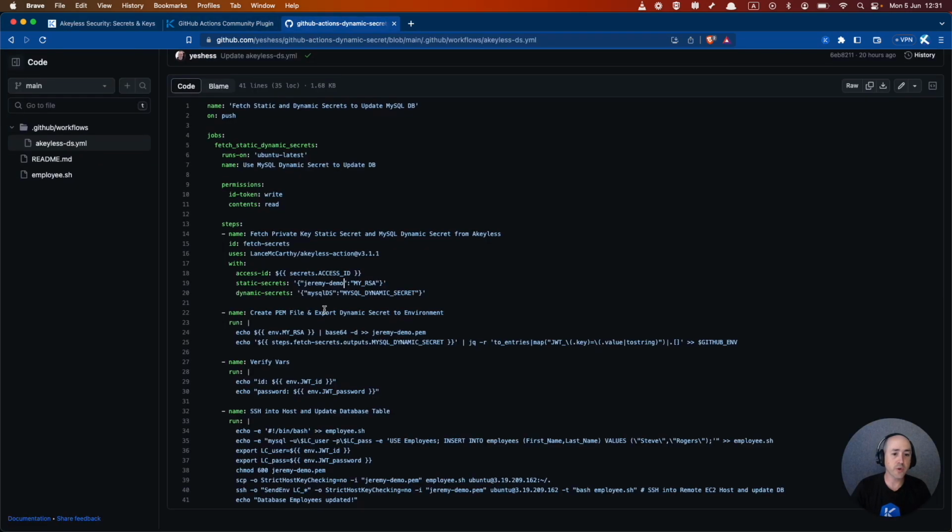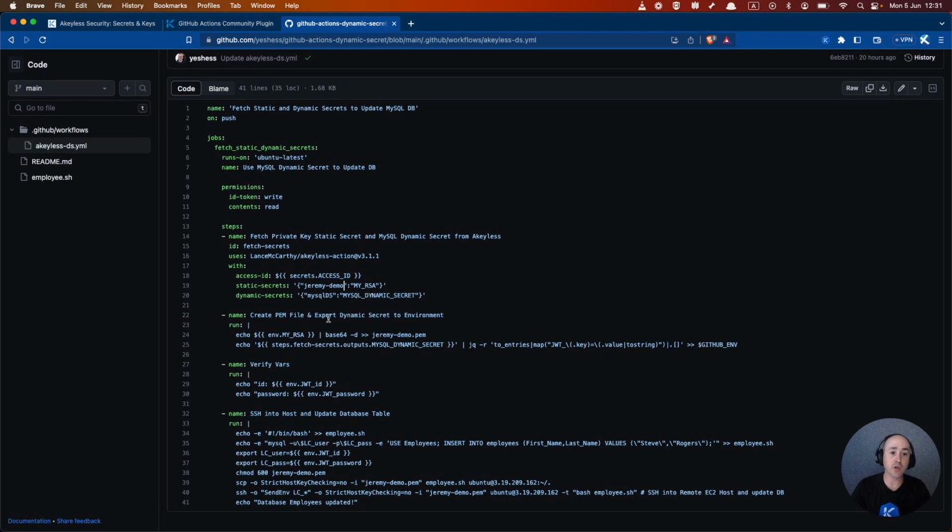So what we're doing is grabbing those two, and then we're going to use them to run the workflow. Here I am using the RSA key, that secret, decoding it with base64 decode, and putting it into a PEM file in order for us to SSH properly